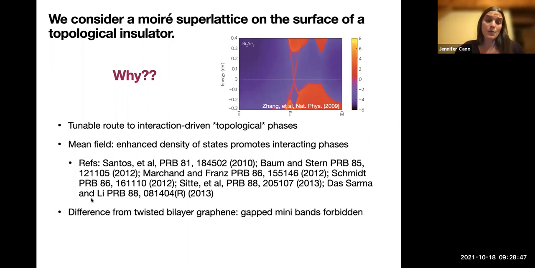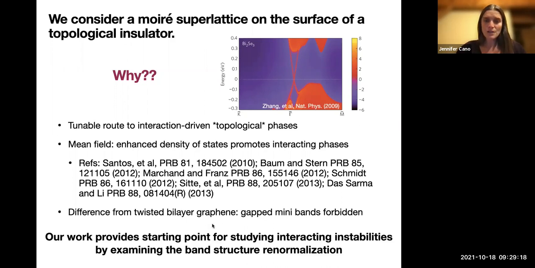So then there's a difference from twisted bilayer graphene, which is that in twisted bilayer graphene, as I showed from the ab initio calculations, you get these really flat bands, and that flat band has a gap to the conduction bands and a gap to the valence band. And that won't ever happen on the surface of a TI, because you can never gap the Dirac cone while preserving symmetry. So that's one of the major differences between the TI surface and the graphene Dirac cones. Now, what we actually do is